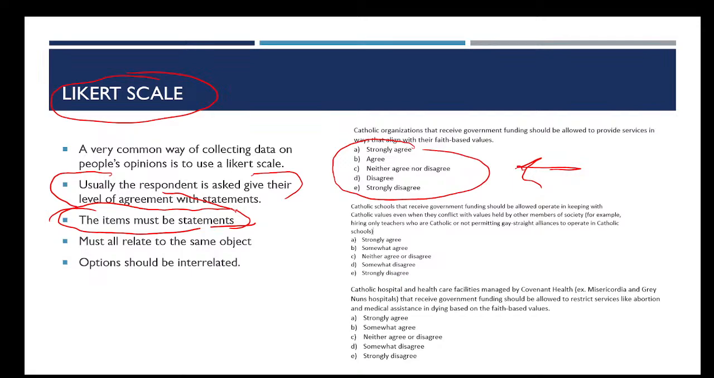Especially this strongly agree to strongly disagree level of agreement. It's a very, very simple, very straightforward tool. Lots of people use it because it's really simple. The other thing is people understand these scales really, really well, right? There is something to be said in survey design for scales that people don't have to think about,